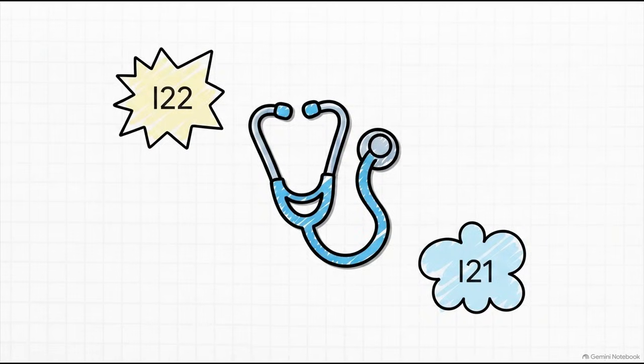Now let's add one more layer to this. What if they're admitted for a totally unrelated condition, like pneumonia, and then they suffer that subsequent MI while receiving care? In this case, the unrelated condition, the pneumonia, is your principal diagnosis. Both your I22 and I21 codes will drop down to secondary positions. Always sequence based on the primary reason for the